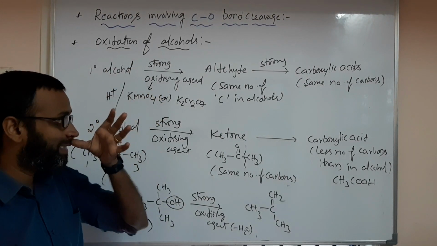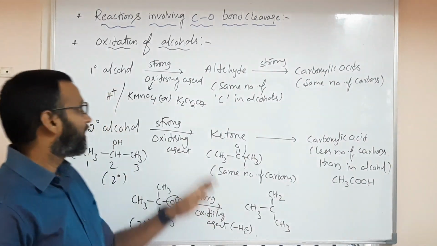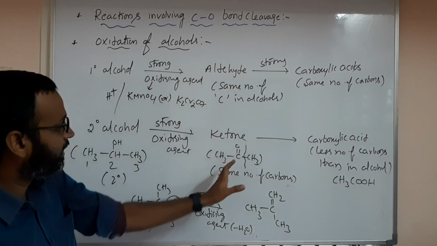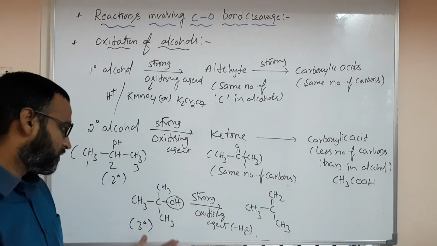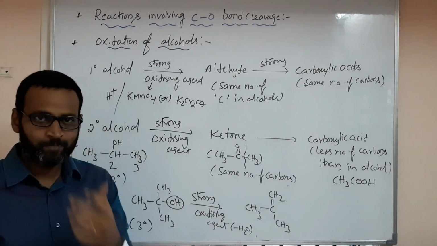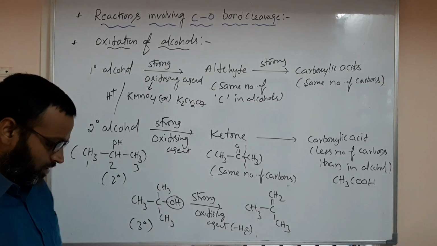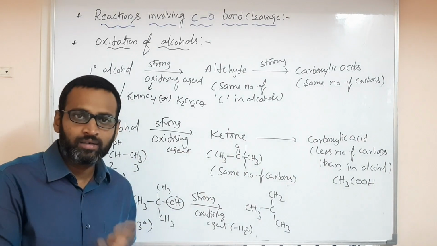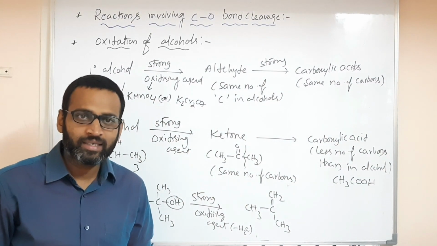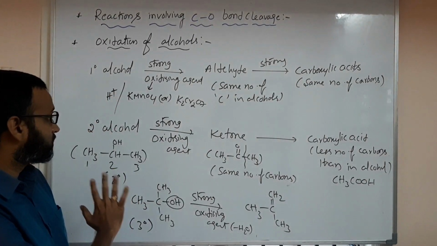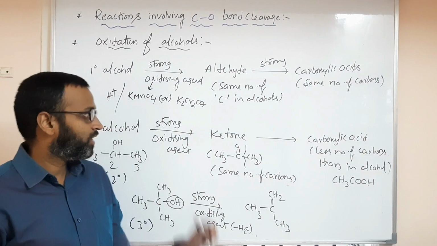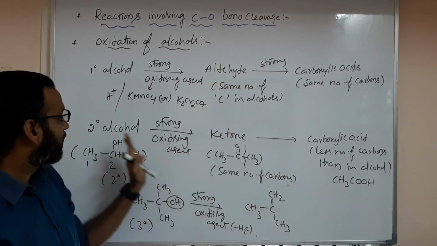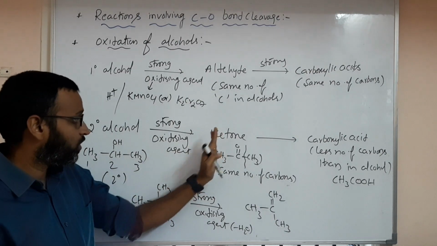If you are using mild oxidizing agents like PCC, PDC, pyridinium chlorochromate, the reaction will stop after formation of aldehyde and after formation of ketone. Of course, tertiary always gives alkene. Understanding? So these are about the maximum chemical properties of alcohols. Next, I'll give you that list and we'll enter into phenols as well as aldehydes and ketones. Please write down all these things and remember like this only. If you are using, as I said, mild oxidizing agents, what happens? Reaction will stop after formation of aldehyde. Reaction will stop after formation of ketone, like this.